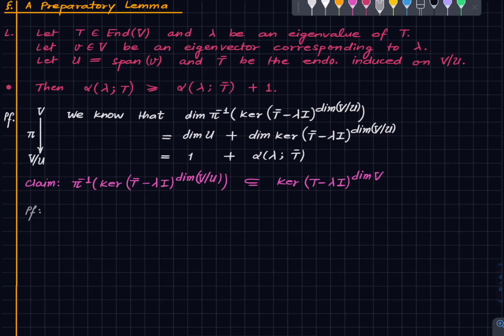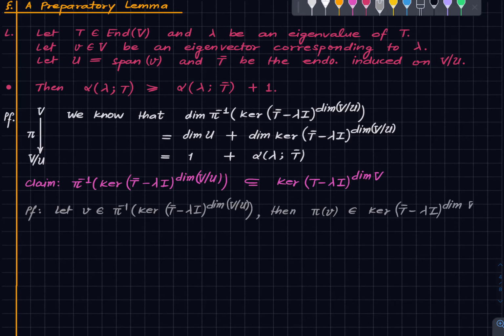It's very simple. Just start with something on the left-hand side and just show that it is on the right-hand side. If v is here, then it just means that pi of v is here. Which means if we apply this endomorphism